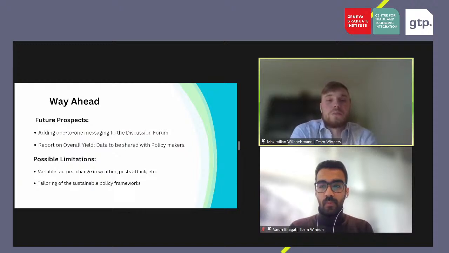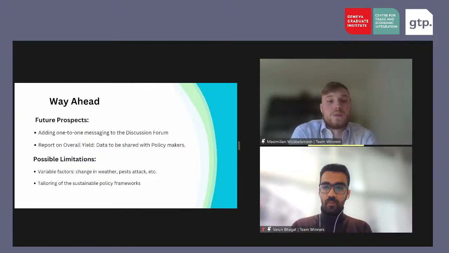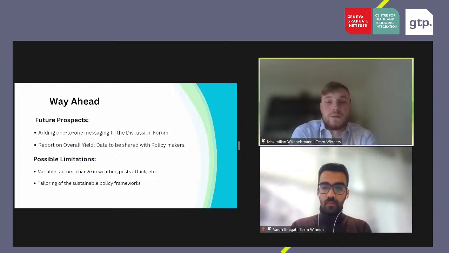And the limitation could be that there are variable factors such as change in weather or pest attack that cannot be calculated in the fertilizer calculator and the yields. So those would affect also the farmers, as well as tailoring of the sustainable policy frameworks, which is really clear, I think.